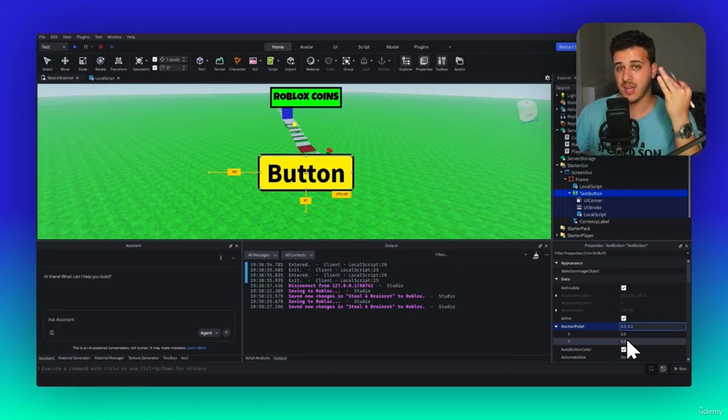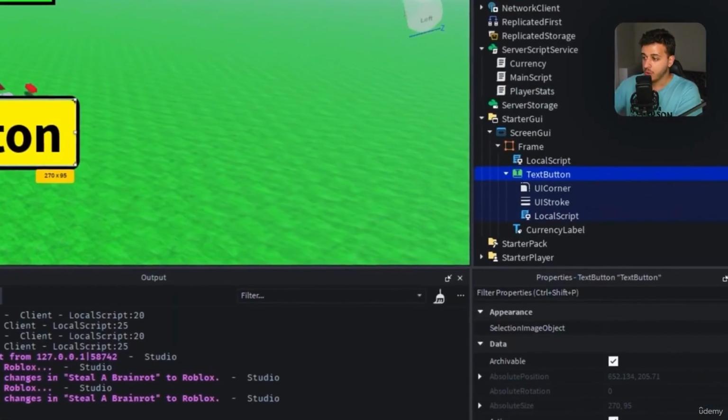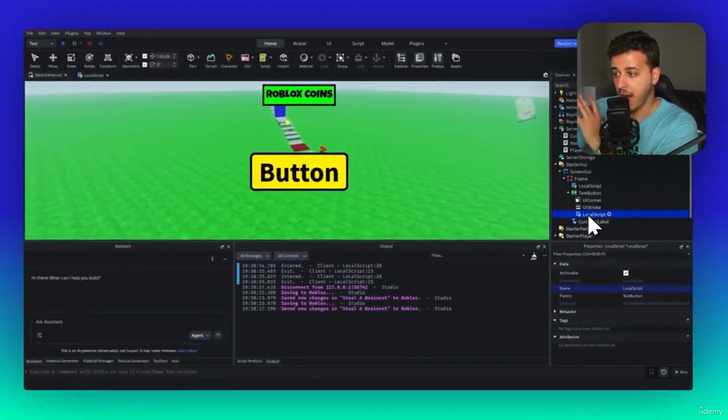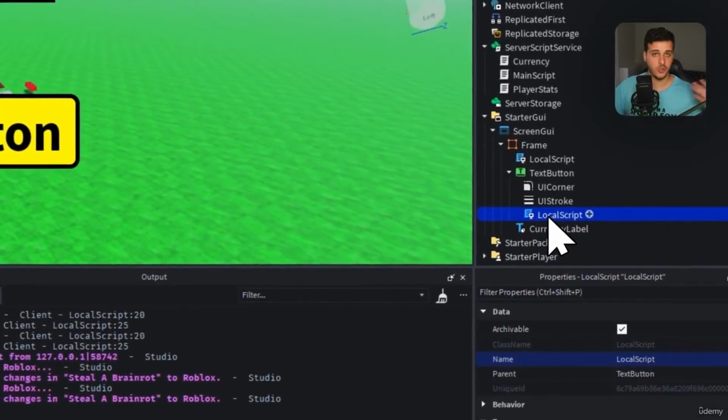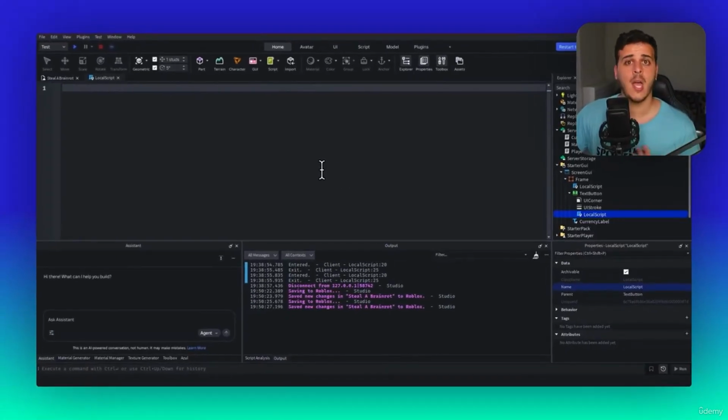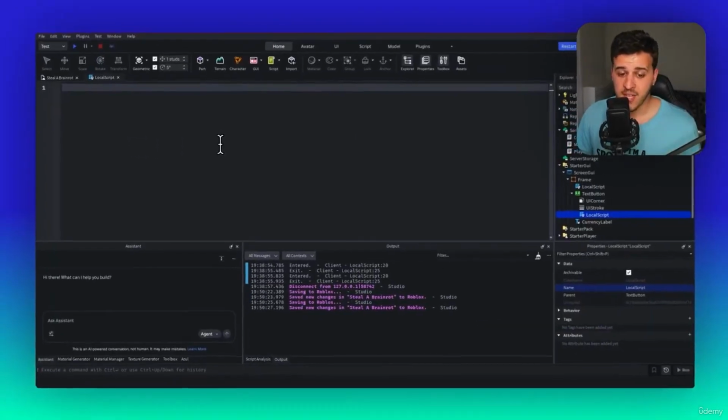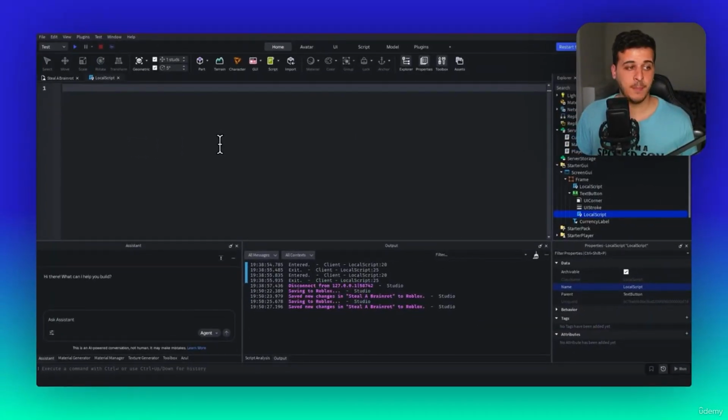4 systems will be covered in today's video, so watch the whole video because every single system is amazing. So you need also to make sure that you add a local script inside your text button. Okay, in this case, you need to put it inside the text button, not outside. So let's begin by scripting. The first thing that we're going to create is a simple zoom in effect. Not super amazing, it does its job, it's not super smooth, but we're going to build on top of that